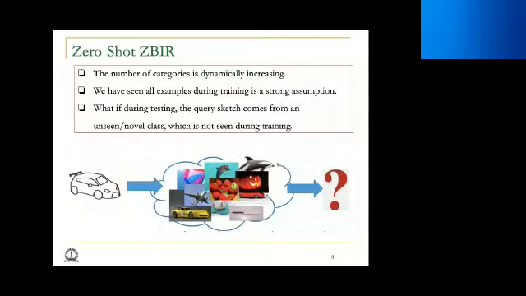And why is this important? Because the number of categories is increasing day by day. And we really can't expect that we will see everything during training, right? Even if we try to build a really huge training set with most of the classes that we can think of, maybe the next day we'll get 10 more different classes. So it's really impractical to train that huge algorithm again with those 10 additional classes. So it's very, very important that our algorithm can generalize to new data which it has not seen during training.